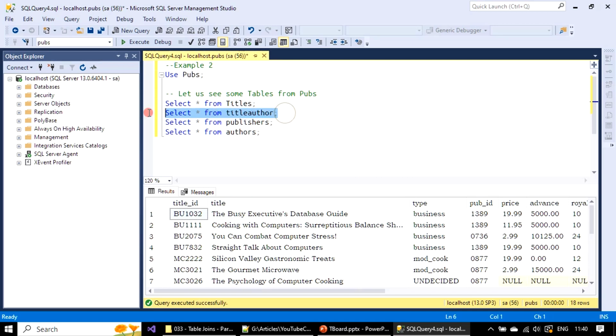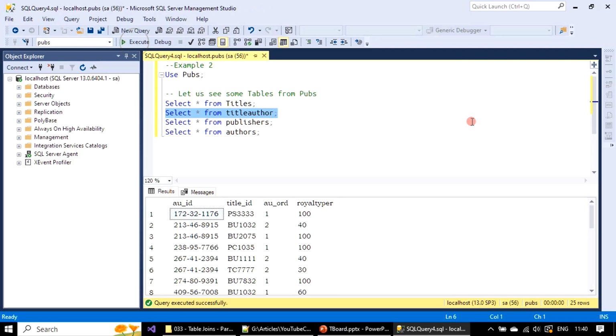Then there is a table called title author. So the title author table, if you see, contains a mapping between two tables. So it's a bridge table. It contains author ID as well as title ID. So if you look at the title